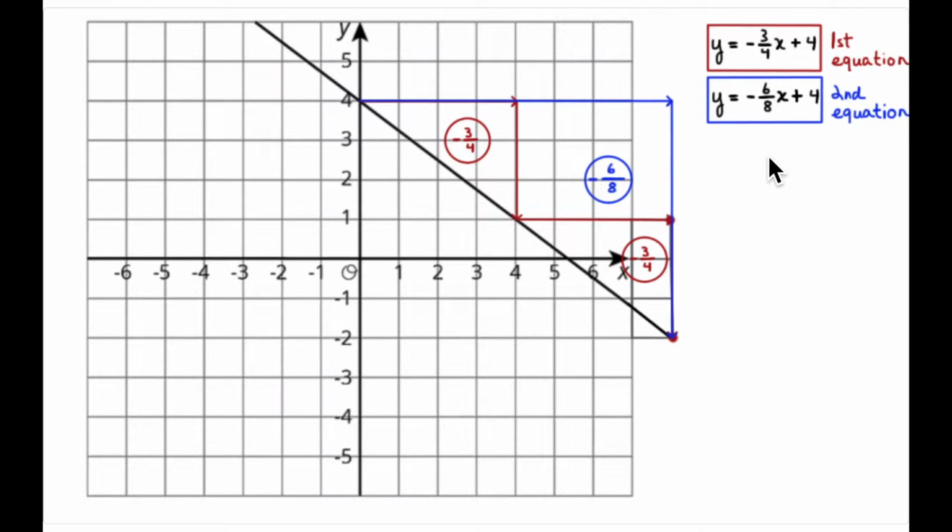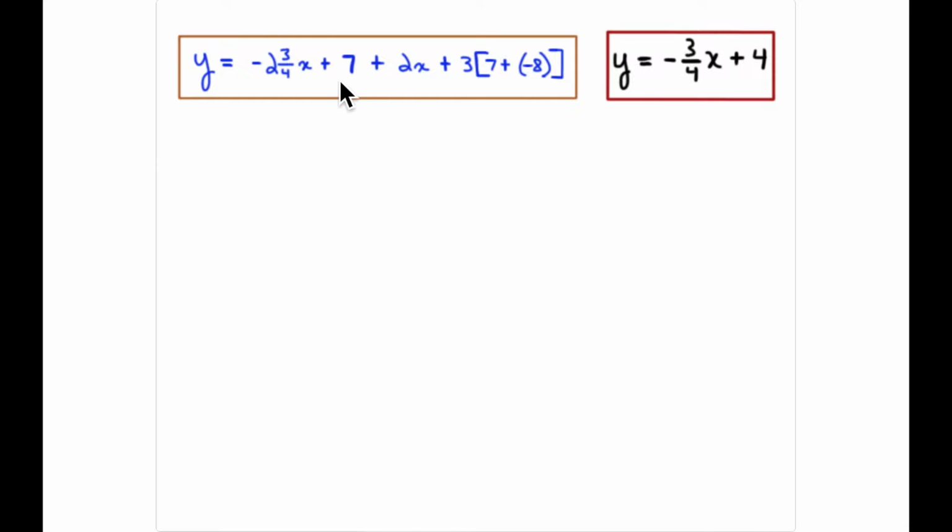But what if we make this a little bit more difficult? So here's an equation. This equation is in fact equal to this equation on the right. And I'm going to show you how I wrote this equation in a little while. But let's go through and prove that this equation is equivalent to the equation on the right by simplifying this